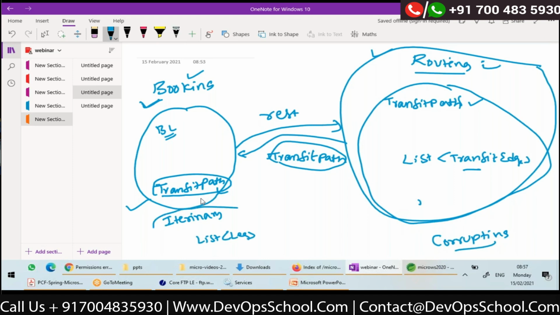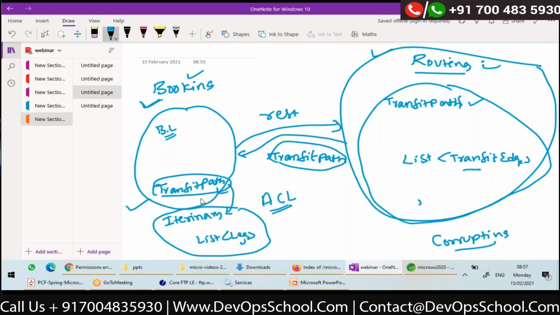So I want to use itinerary and list of legs in my business logic instead of using transit path. So there should be some converter which will convert transit path to itinerary. That we call an anti-corruption layer,